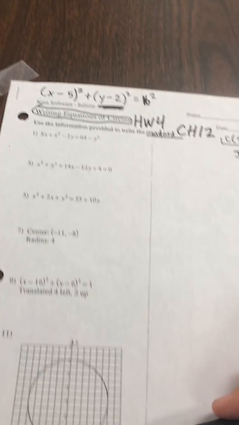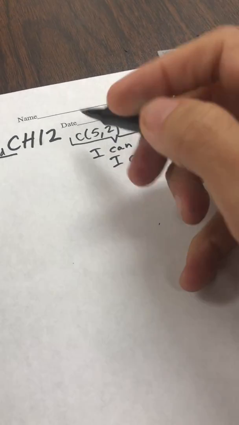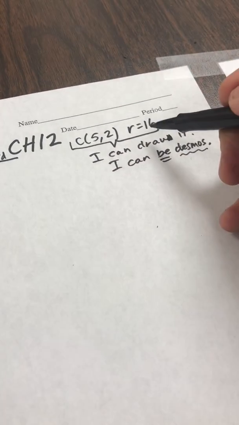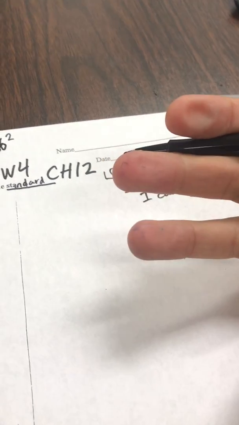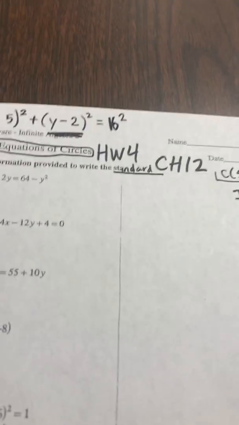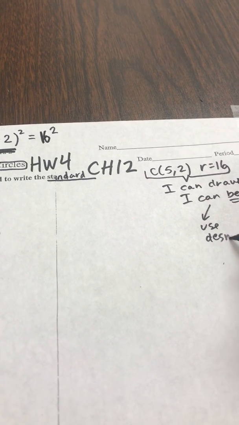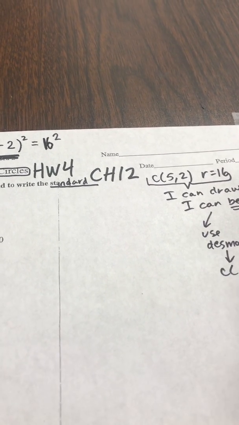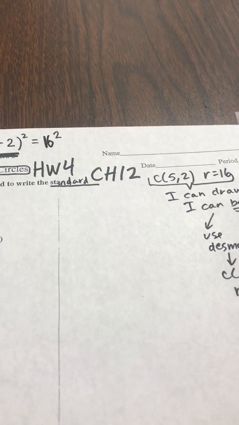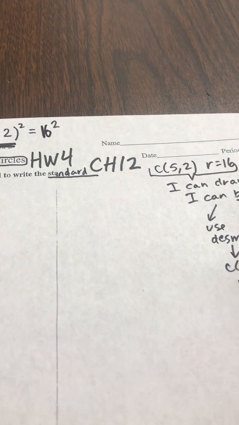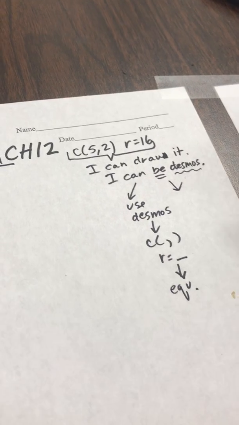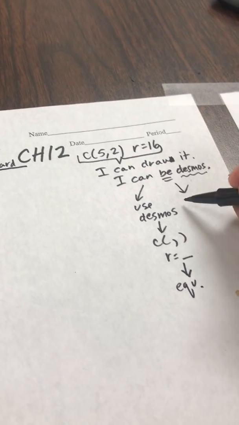But it's not showing you that. So if you don't like writing out all these steps, that's fine. You can use Desmos, but then you're going to have to graph every one for me. You'll have to tell me what Desmos says was the center, what Desmos said for the radius, and you can totally do it that way. I'm going to do it the way using algebra, okay? So again, you can do it two ways. You can use Desmos to get our center and our radius, and then get to your equation. The other way is you can use algebra